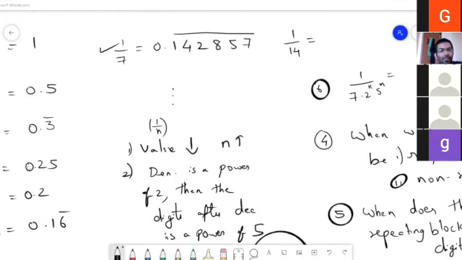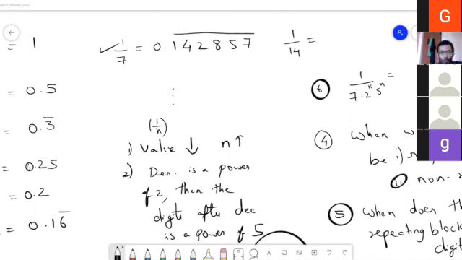One question I am getting from this, which I've never noticed so far, never seen in this way. I think maybe for prime numbers, because if it is not for 3, 6, it will not come. But if there's a repeating block, I think next is 1 by 13, there's a repeating block, 076923. So maybe for 13, powers of 2, powers of 5, it may repeat. I have to check.